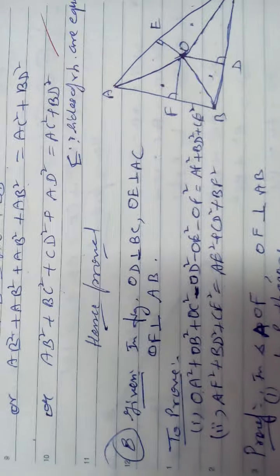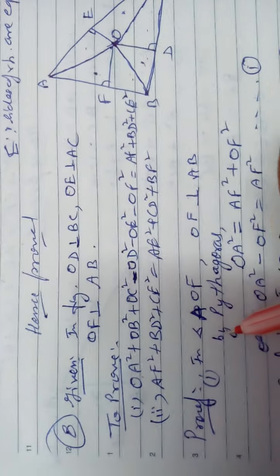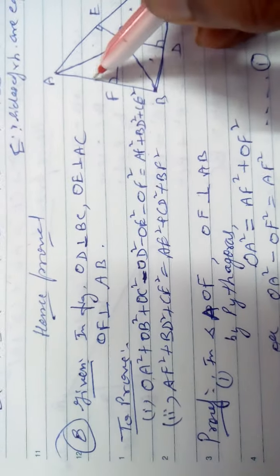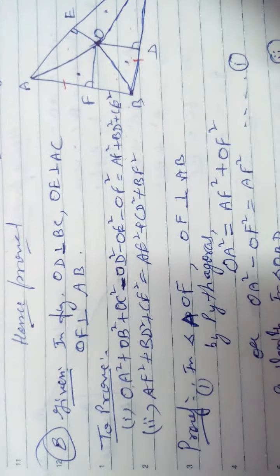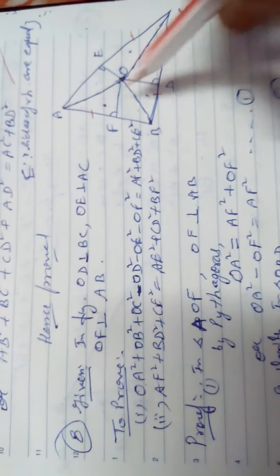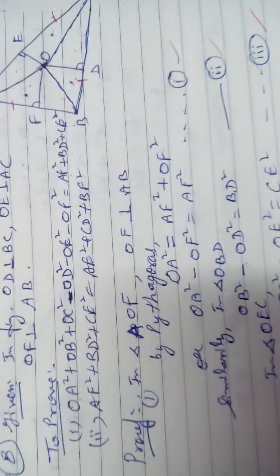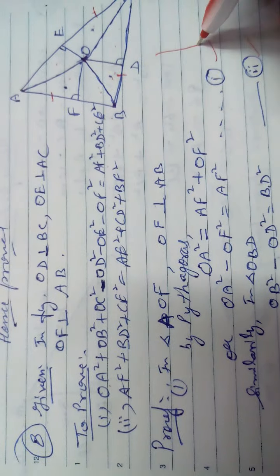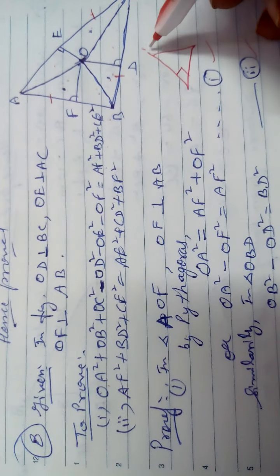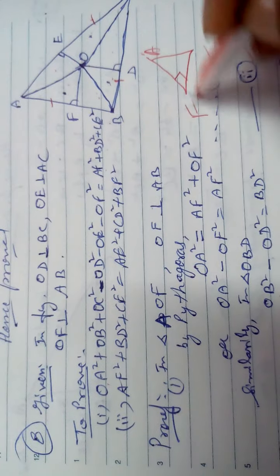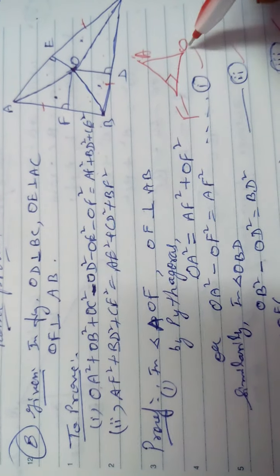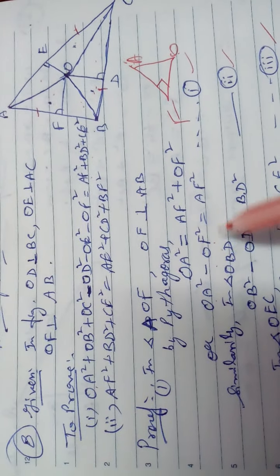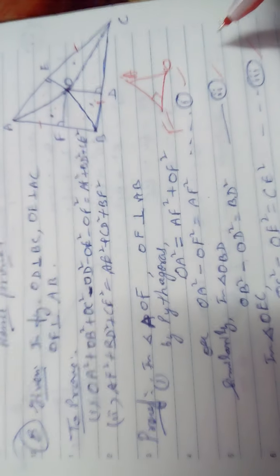In all the right triangles we apply the Pythagoras theorem, but in the first proof you write the equations for AF, BD and CE. In these 3 right triangles I am applying Pythagoras, getting these 3. OA square is equal to AF square plus OF square, this is 90 degree. Change sides because you want AF only. So OA square minus OF square is equal to AF square. Like this you will apply it in the other triangles.